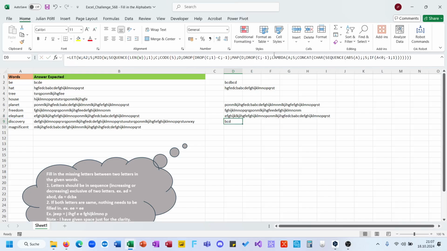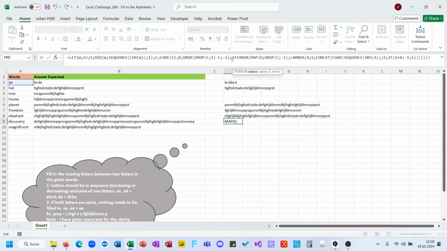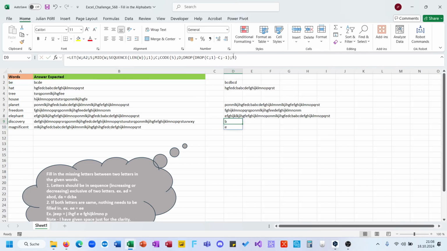Yeah, and then we have also an IFERROR here, and then we have as the value if error a VSTACK of E, or we can also use the S here, and therefore there's 2 times those characters, because S is this, but why is this an S? Yeah, because S is B and E, and these are the characters in between. I don't know why it's a little bit confusing why this is causing this error,